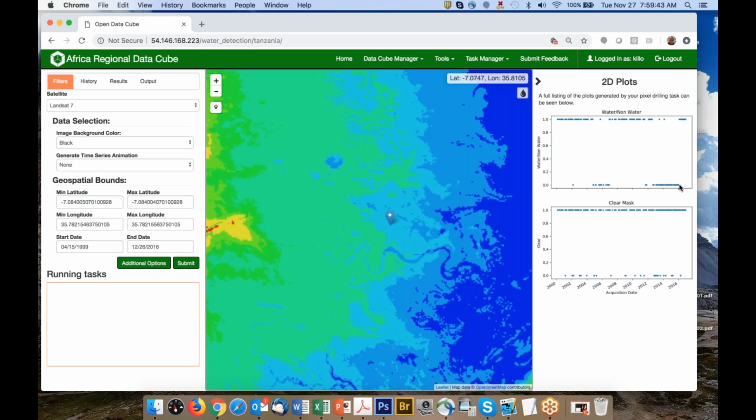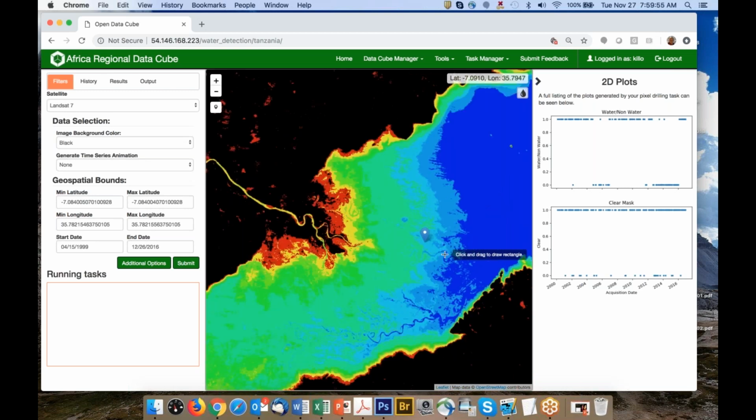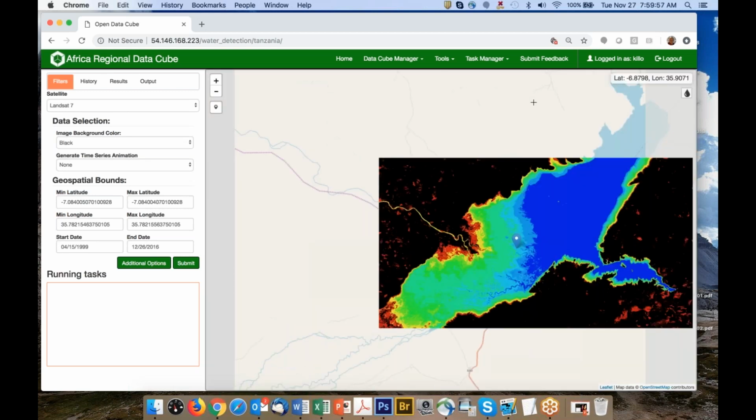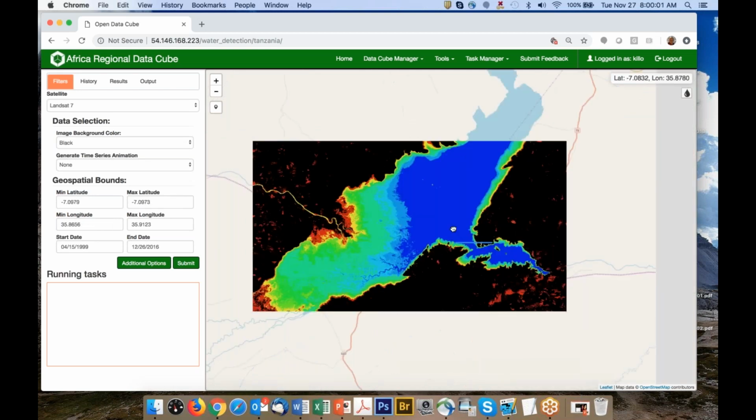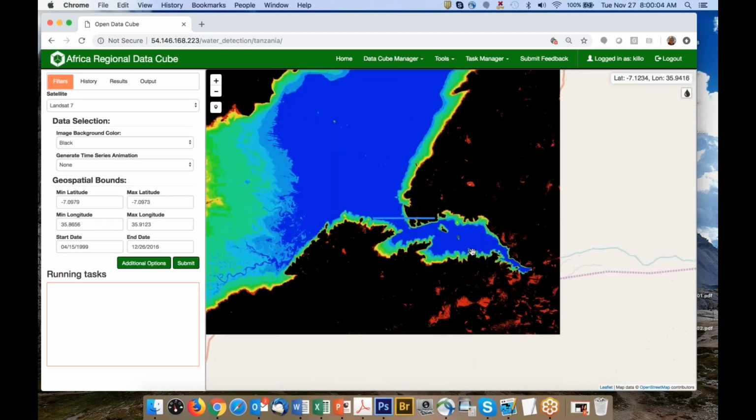Another fairly large dry period in 2012 to 14. And now, since 2016, it's wet again in this location. So it's really quite interesting. You can see all this variability in these plots. I'm going to move this over and look again at some of the